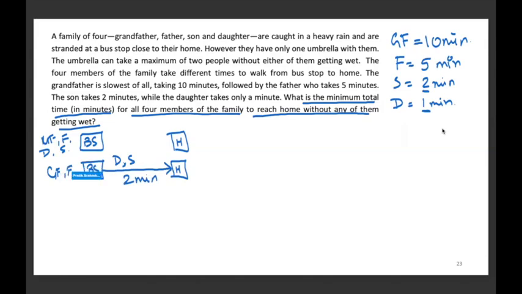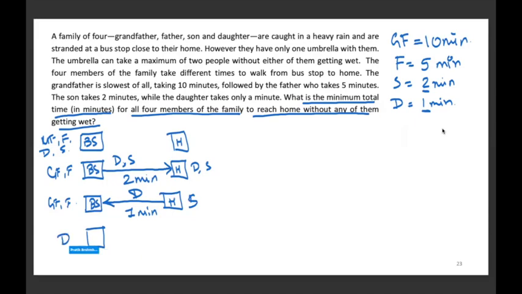Grandfather and father are still at the bus stop. So the daughter and the son will reach home. From this position, somebody will have to come back to the bus stop from home with the umbrella. So the daughter, who takes 1 minute, will quickly rush from home to the bus stop. So grandfather and father are at the bus stop and the son stays at home. Okay. In the next step,